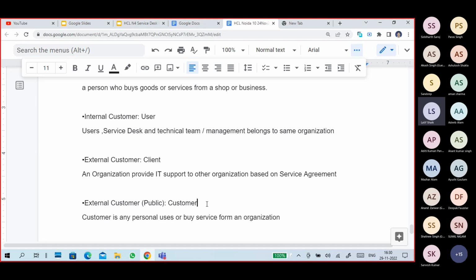That organization utilizes your services, and if any issues occur or any queries are there, they will contact the service desk. This is what I'm trying to say. It is the external type of customers.